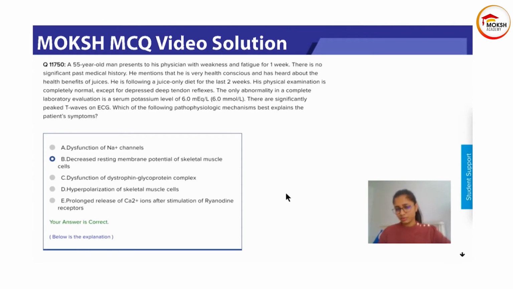Why C and E are not the answers is because they have their own specific presentations. If they tell you it's Duchenne's muscular dystrophy, it's going to be in a child who cannot stand up, who needs support to stand up, and things like that they will describe. Again, it will not have an effect like hyperkalemia. This patient just took too much juice, leading to a high potassium level. So a very different presentation again.